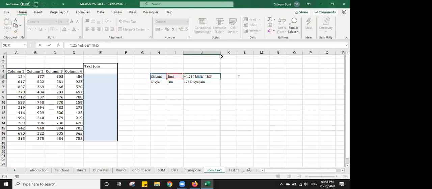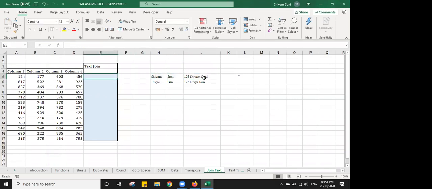Anything which you want to add, you can use simply in double quotation marks, use the AND symbol, and to add a space, use double quotation marks and space. Same way, suppose I want to join all four numbers, I can use this and this and this and this.